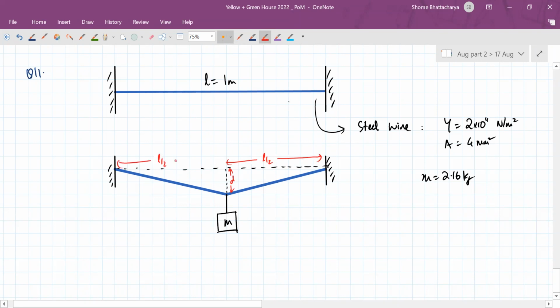With L by 2. So what is happening now is that the wire has got extended. So this part has become L by 2 plus delta L. This has become L by 2 plus delta L. And as a result of that, there is a tension which is acting like this. So if you look at the free body diagram, there are these two tensions, which you can see are acting at symmetrical angles theta with respect to the horizontal. So this angle theta